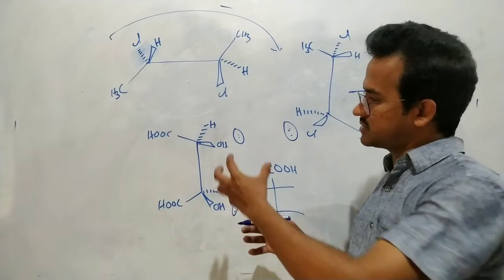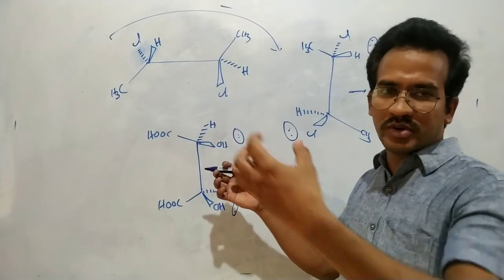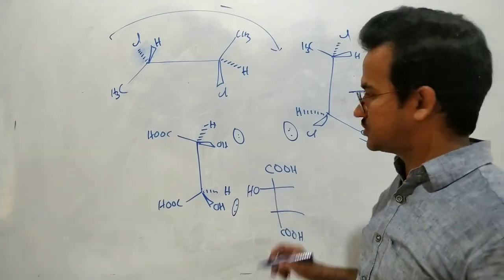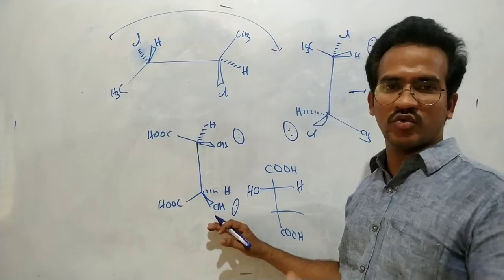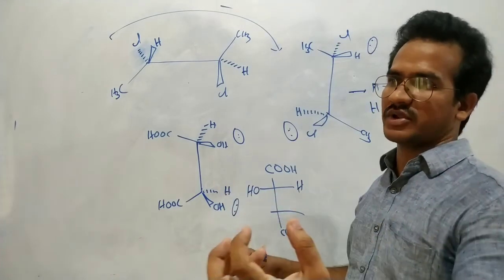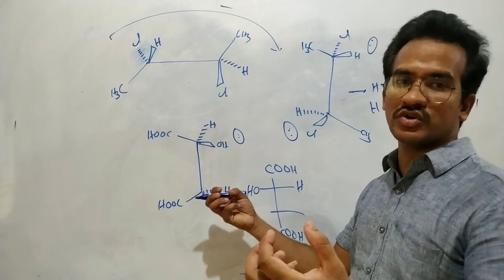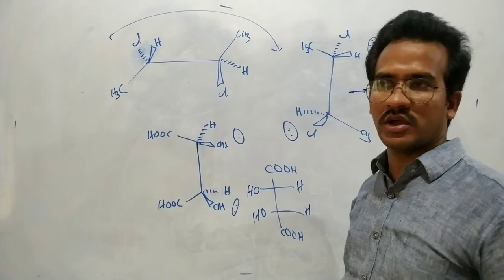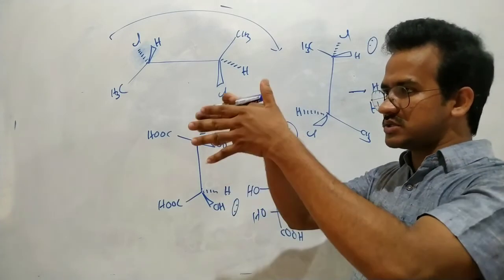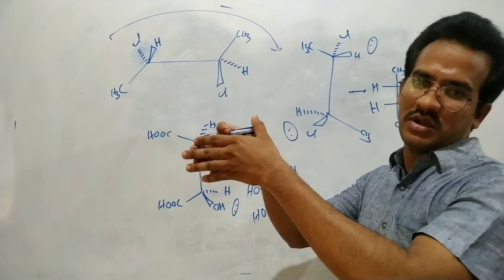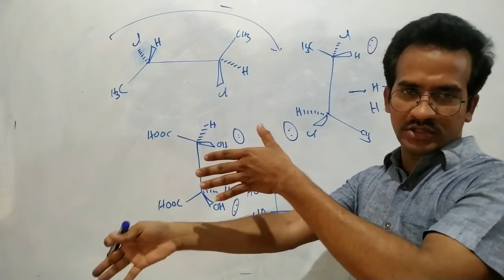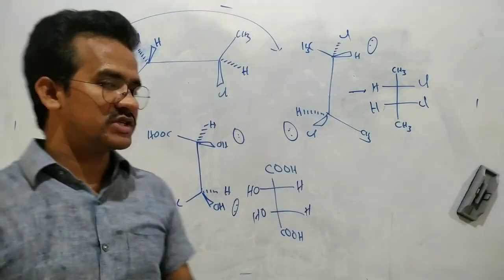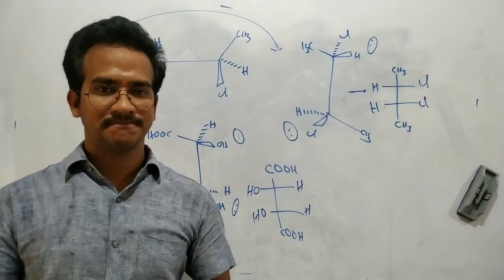When you look at the molecule from the right side, the OH group above the plane is present on the left hand, so that must be written on the left side, and the remaining hydrogen on the right side. Here also the OH above the plane comes to the left hand, and the hydrogen goes to the right hand. So here a hydrogen and this is OH. The center point is a chiral carbon, and then COOH is projected in this direction. This is the 2D representation for this 3D molecule. So that is a 3D to 2D conversion.